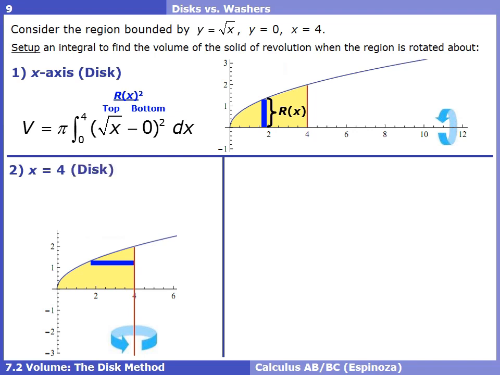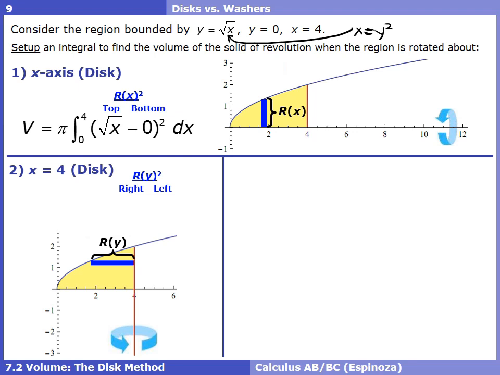And just be careful here. We're not going to use our function square root of x. You might want to take note over here at the top. Anytime we're going to use everything in terms of y, x would be equal to y squared. So keep that in mind, any of these ones that we need everything in terms of y. Okay, so our representative rectangle corresponds to the radius of our disk that we're using here. So we're just going to label that as r with respect to the variable y. Okay, so to find big R, which is going to need to be squared,